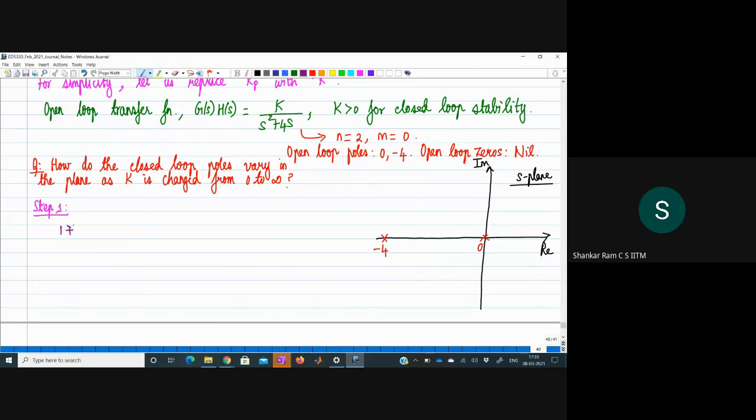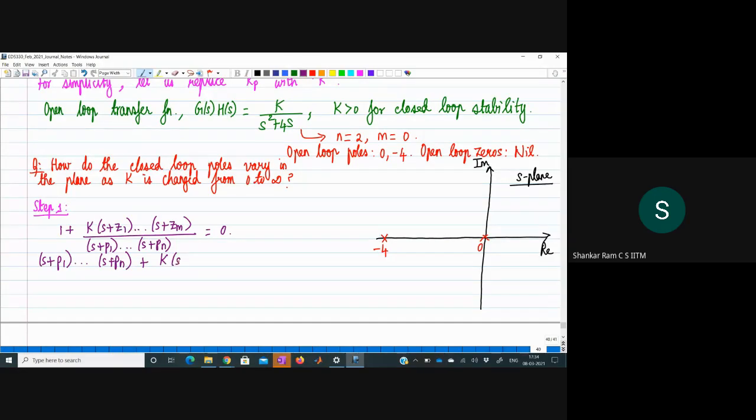In general, the closed loop characteristic equation is going to be 1 plus k times (s plus z1) all the way till (s plus zm), divided by (s plus t1) all the way till (s plus tn), equal to 0. Now we can process this equation as (s plus t1) through (s plus tn) plus k times